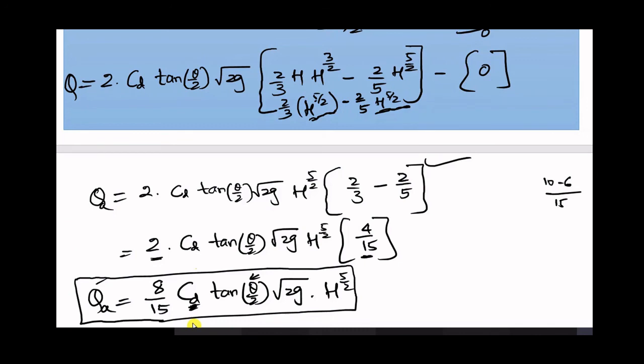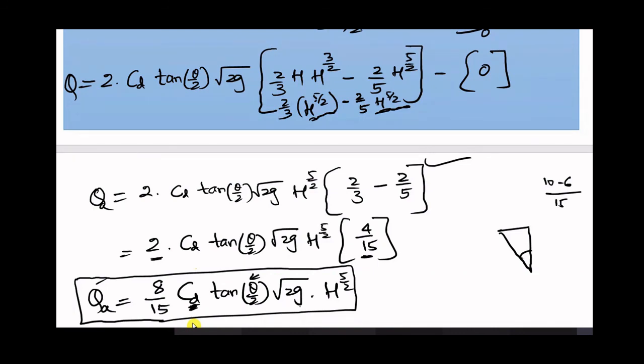It will be mentioned that the angle of the notch is 30 degree, 90 degree. For example, if you consider this is the notch, what will be the angle? And for a right angle triangle, he will also give the angle. Theta is equal to 90 degree for a right angle triangle. If it is an equilateral triangle, theta will be equal to 60 degree. He will give what is the angle of the notch. If it is not given, we can assume it is right angle or equilateral, whatever.